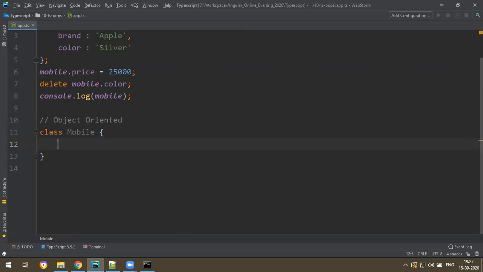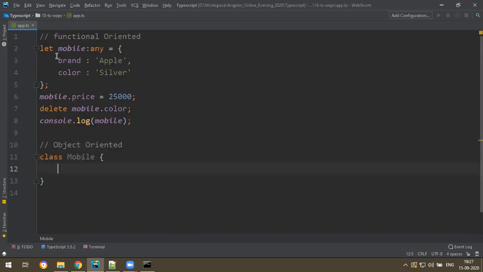What are the properties? Earlier, two properties were made, one was removed, one was added. But here the properties are strictly defined. For example, you can define properties with certain access modifiers like private, public, protected.